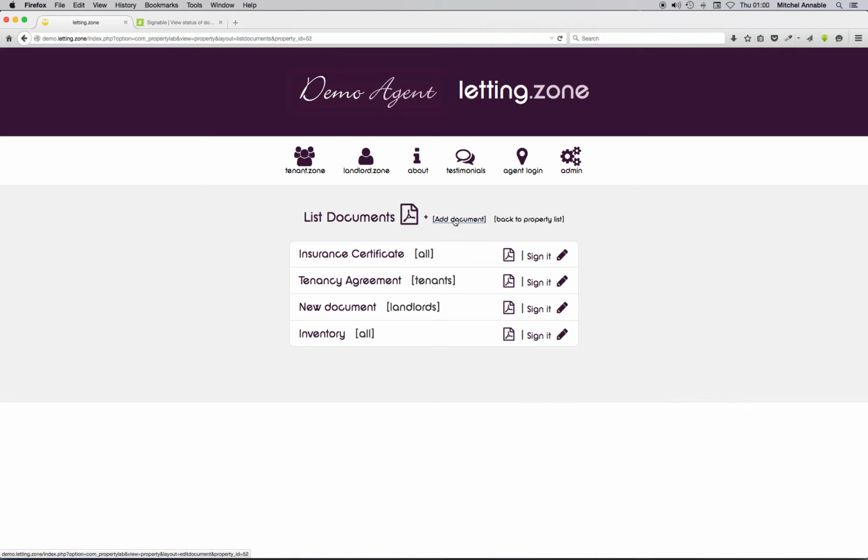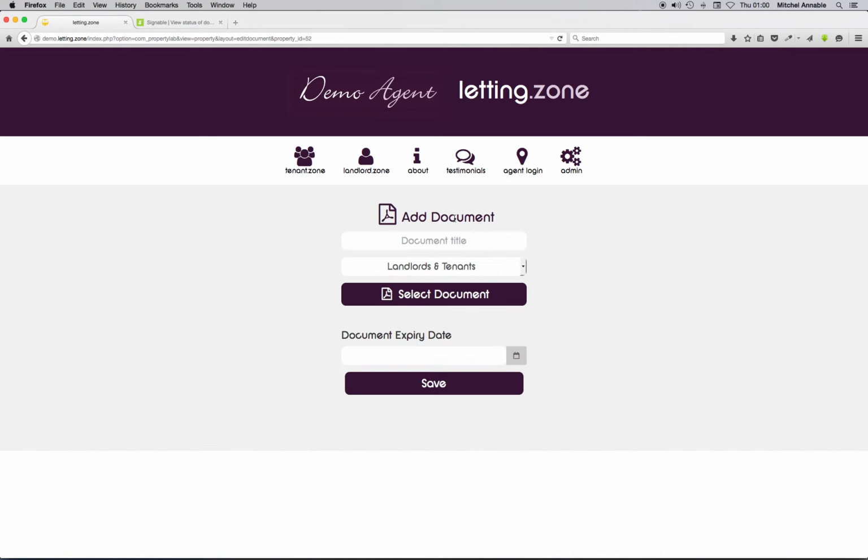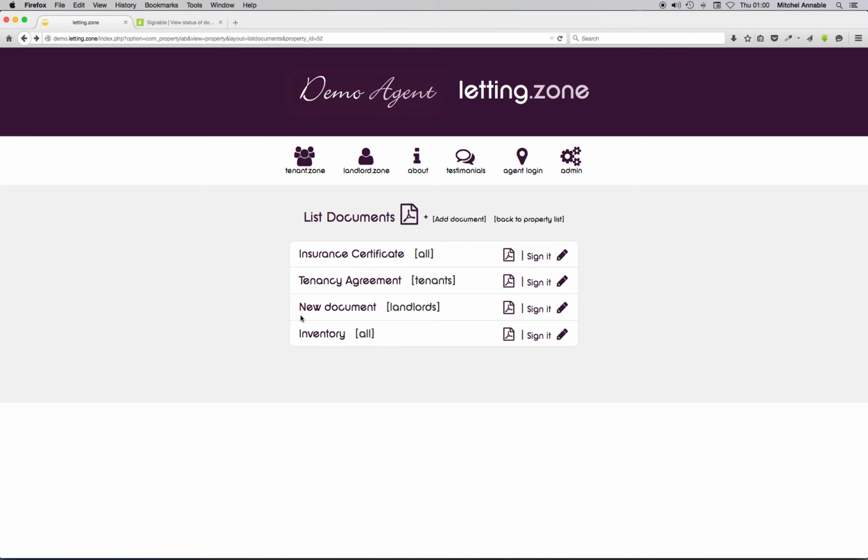Adding a document is very straightforward: just upload it from your computer, give it a title, and then save it to the system. But we're going to look at a document that's already been uploaded, which is the inventory document. Once documents are uploaded, the option to get it signed is simply applied using the icon on the right hand